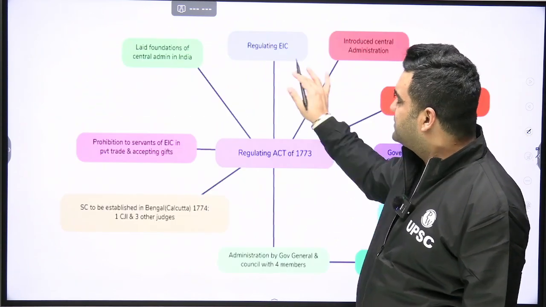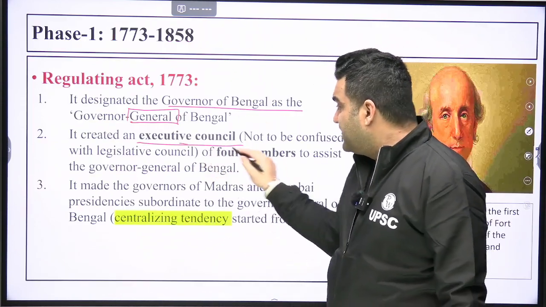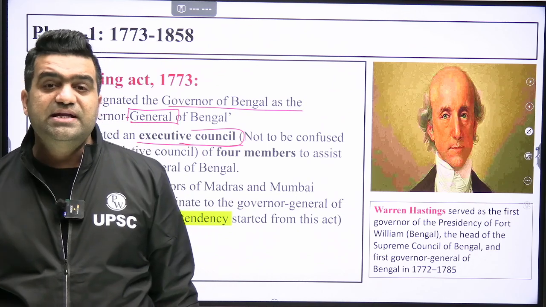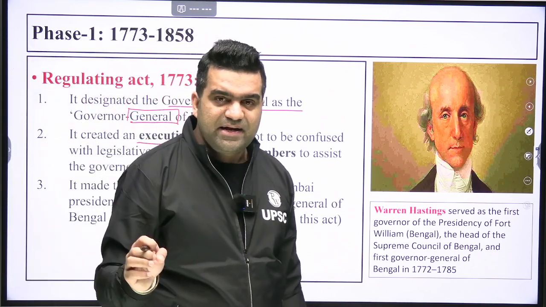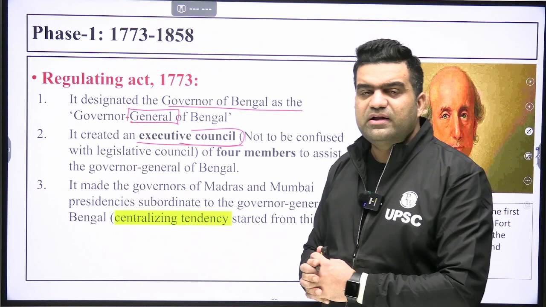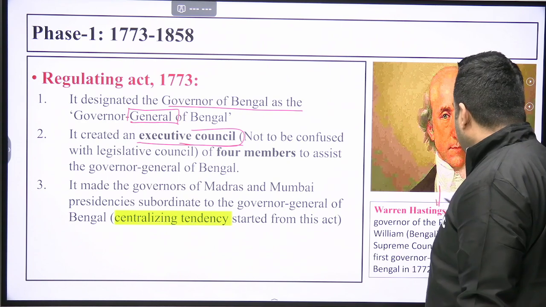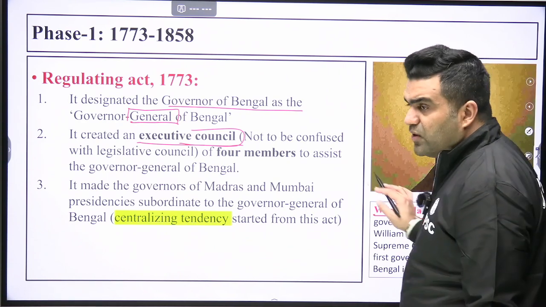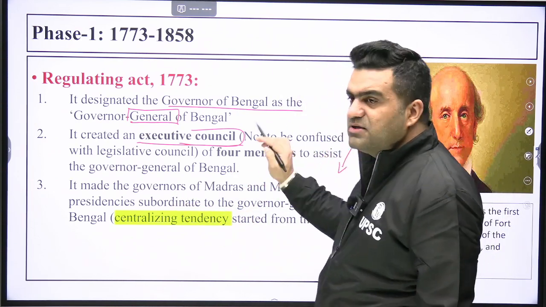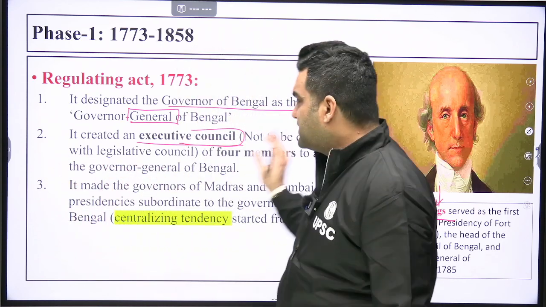If you see here in the flow chart, we have incorporated some flow charts also. Now, this executive council you are not supposed to confuse with the legislative council, because the executive council created under the Regulating Act of 1773 did not give any legislative powers. It basically gave the control in the hands of the Governor General, who was Warren Hastings. An executive council of 4 members was placed under him. All these 4 members were Britishers only, no association of Indians.